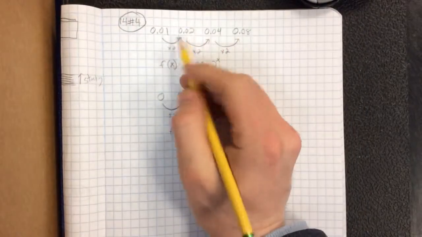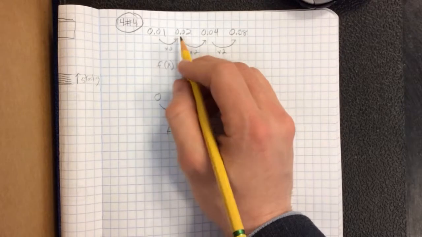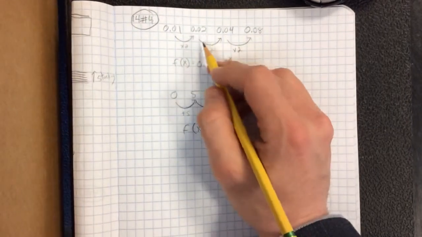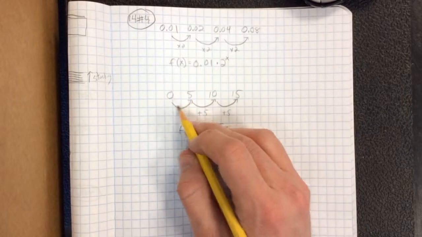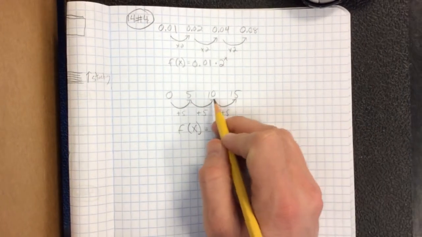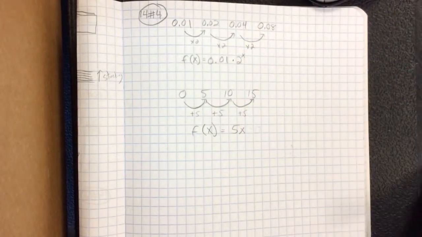Okay, we got one sequence that starts at a very low value, 0.01, and doubles each time. So after one turn, it's going to be 0.02, then 0.04, then 0.08. Another one starts at 0 and adds 5 every time. So 5, 10, 15. And it says which one is basically growing faster, which one has a faster rate of